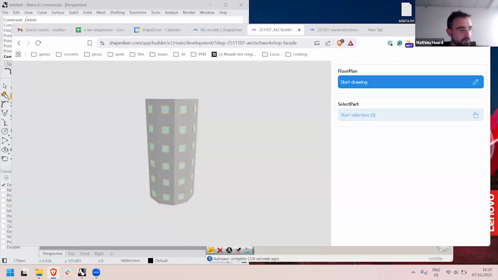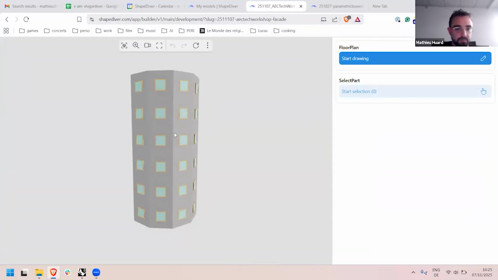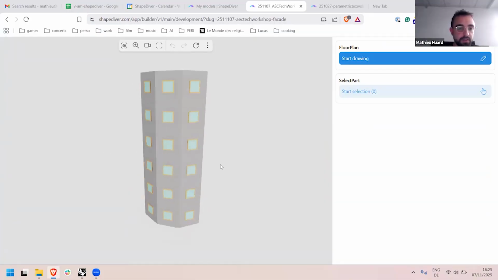But I tried to push the team so that we had this before the workshop, but it was a bit risky to push everything before full testing was done. So we work on the development branch, and at least you can feel special to see in prime time very cutting edge new features of ShapeDiver. Okay, so here is my very